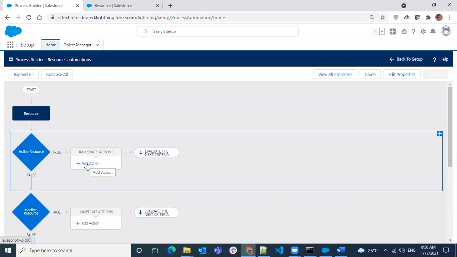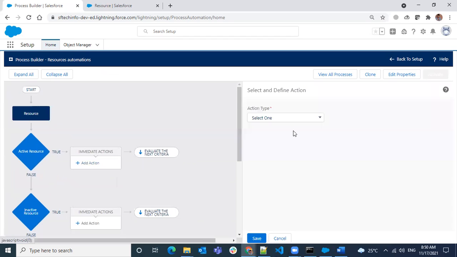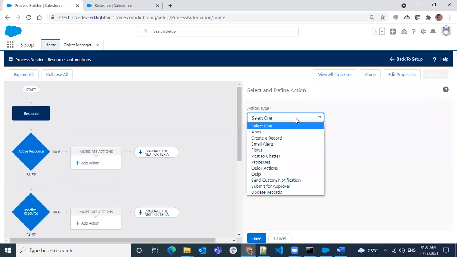Now coming to the actions. When the resource is active, I want to just send an email alert. First we will give a quick overview of what all the actions we have. We can call Apex. In development, we can write some custom code or custom logic in Apex classes.